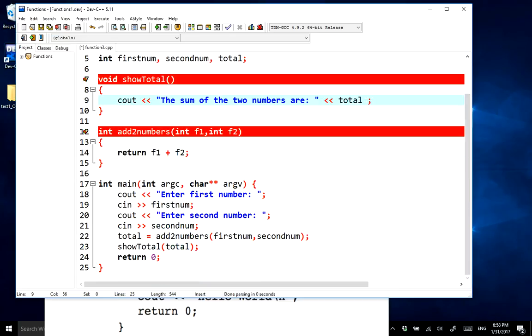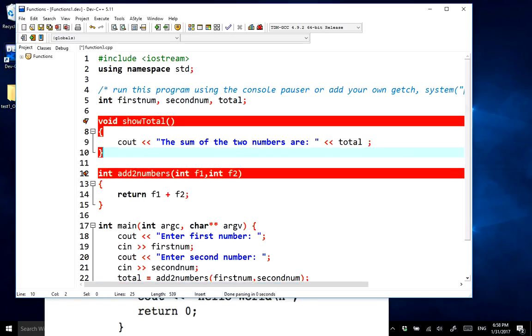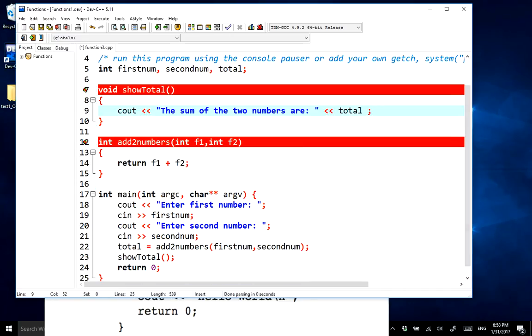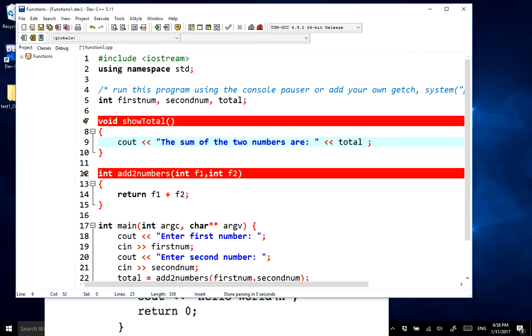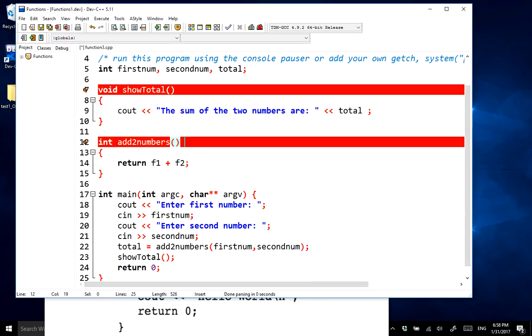And this one right here, you can eliminate it because this is available throughout your application. Outside, inside here, inside of this, obviously anywhere here. So the show total, all it does is use whatever this value is, which you already manipulated here, right? And same thing with adding the two numbers. That means that you don't need this two right here. You don't need that. All you have to do is say